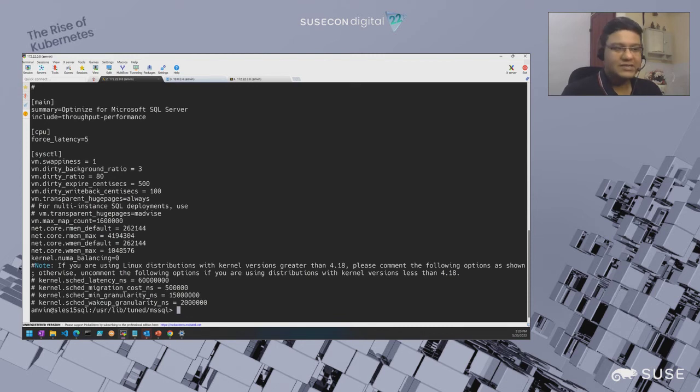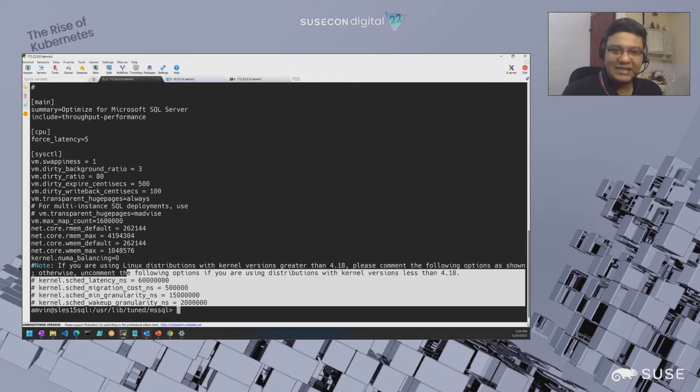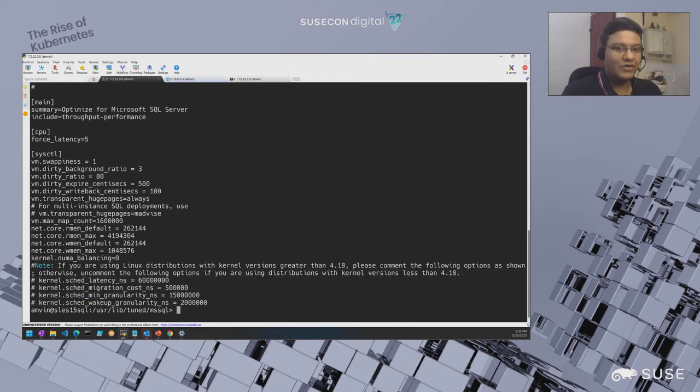Now, you might ask, should I remember all of these settings? No, of course you don't. We have all of this configured and documented in our documentation, which I'm also going to be sharing with you as part of the reference slide. So you should have all those details included. We keep updating these depending upon the kernel versions that you're getting. So please always go ahead and take a look at it frequently to ensure that you're using the latest profiles. Great, that was about TuneD profile.